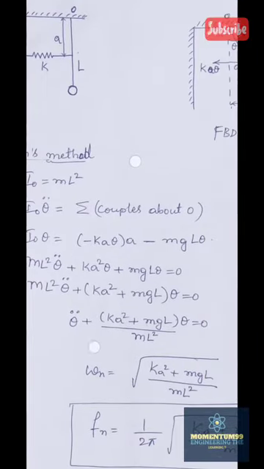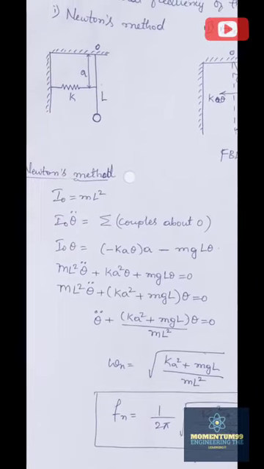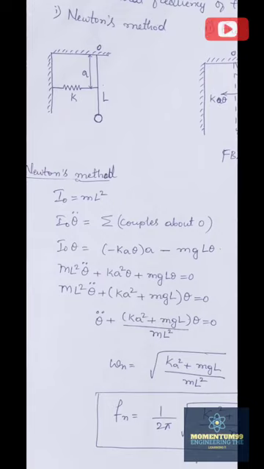So, what we will be doing is we will be writing the moment now. I naught represents the moment of inertia with respect to the point O. Now, we will be writing this, moving on to the second line, as I naught into theta double dot. What is theta double dot? It is nothing but acceleration in case of angular displacement.